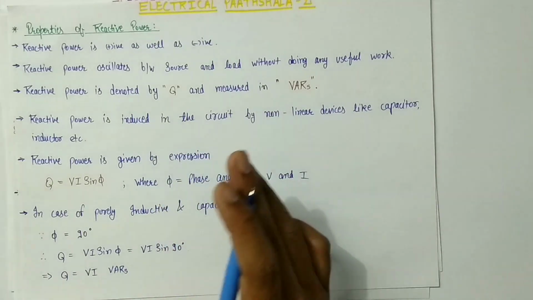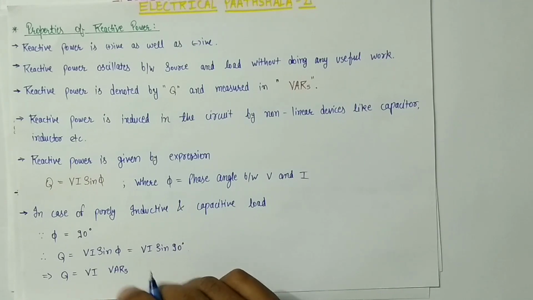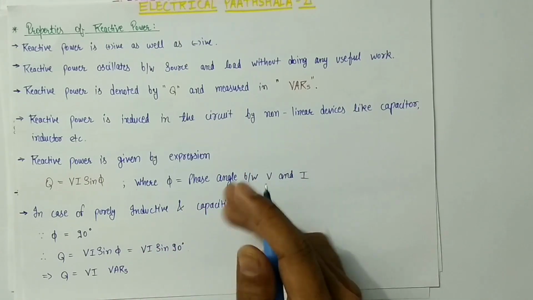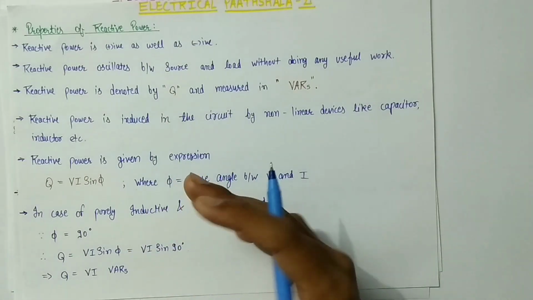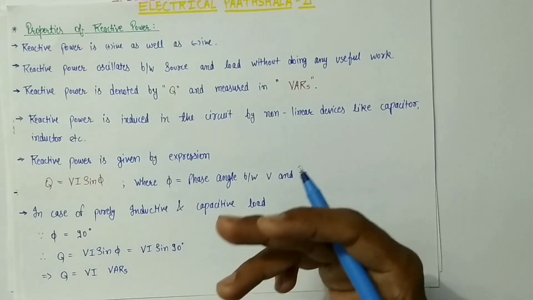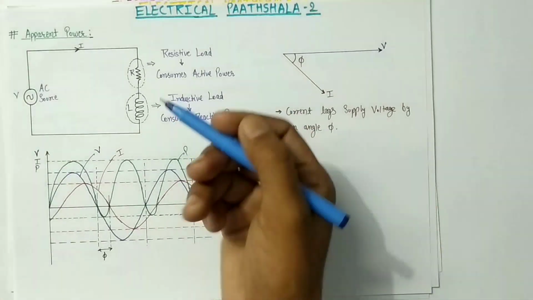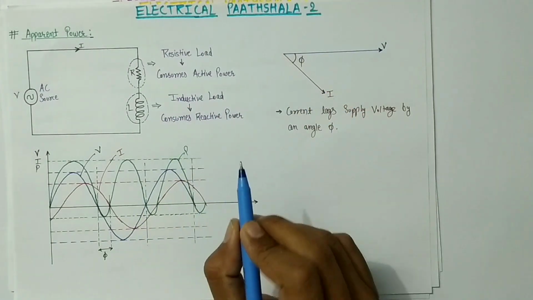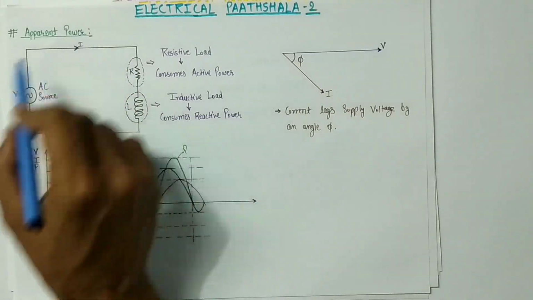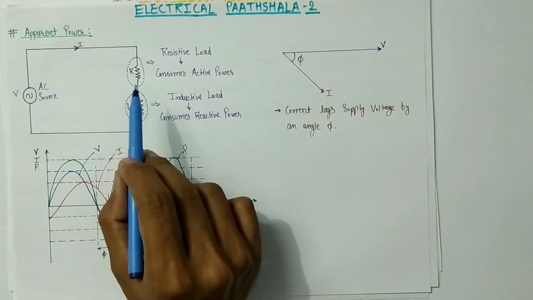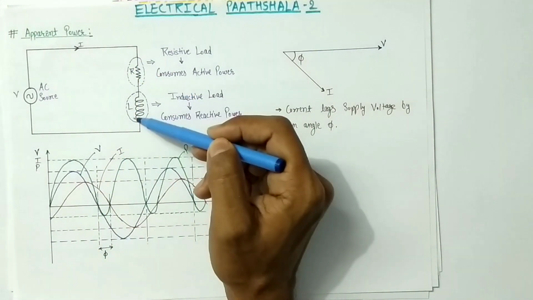So guys, till now whatever cases we have seen like purely resistive, purely inductive, purely capacitive are the standard cases, but in reality most of the loads that we use in our daily life are the combination of inductive and resistive load. Some of them might also be the combination of resistive plus capacitive load, but most of the loads that we use in our daily life are the mixture of resistive plus inductive load. So this is the circuit diagram of a general load that we use in our daily life. So in this diagram you can see that the load is the mixture of resistive plus inductive load.